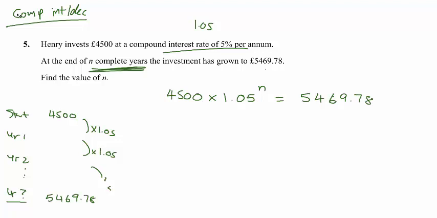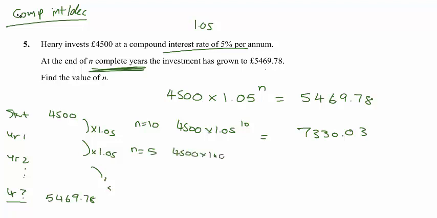Okay. So let's just pick a random number. Let's pick 10. So say if we did 4,500 times 1.05 to the 10. And I literally just pick it at random. Okay, the value I've got is 7330.03. Whoa, that's too high. So it's definitely less than 10. So I don't know. Shall we go to 5? And notice I'm not overthinking what number I pick. I'm just like, okay, I just know that's too high, so I'll just come back and change one of the numbers. Okay, if I do 5 now, I get